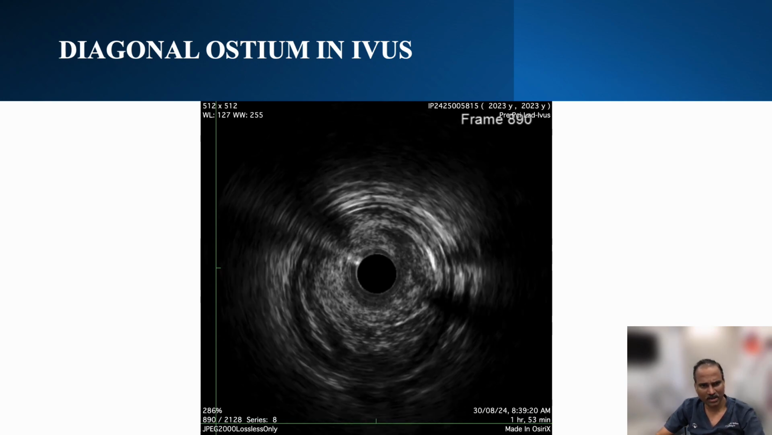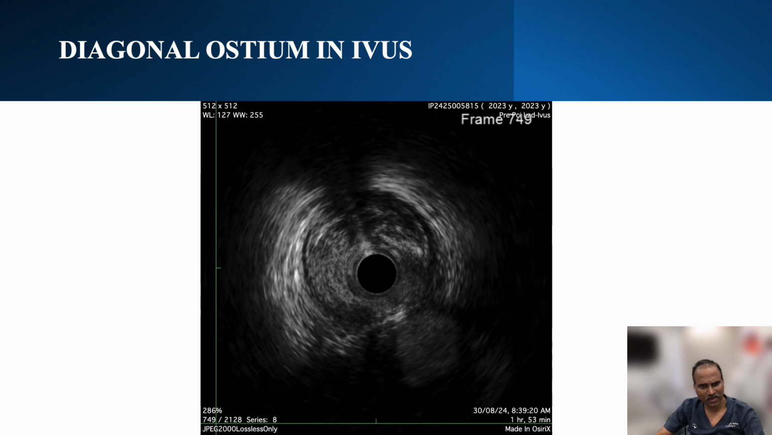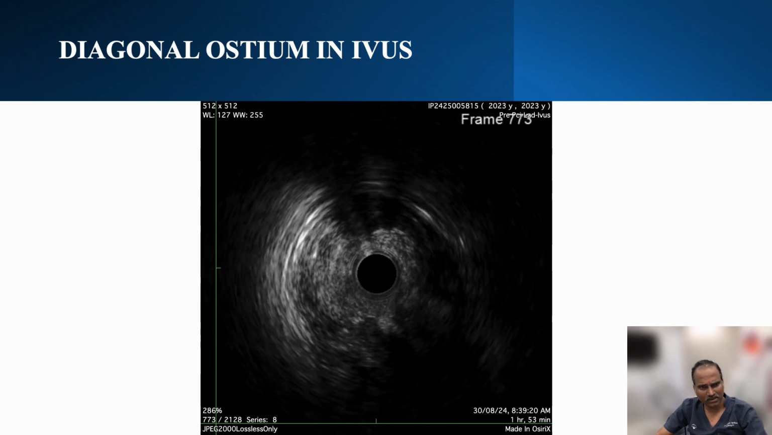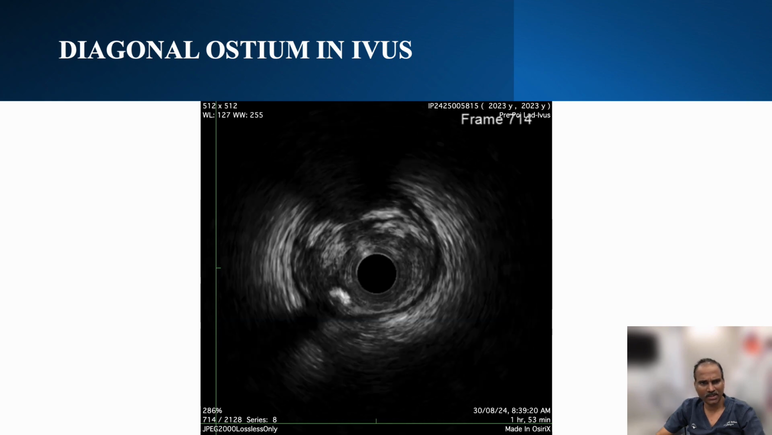We tried wiring it, but we couldn't wire in a regular way. You can clearly see there is a flap on the diagonal ostium at 4 o'clock. Okay. So once we noticed this finding,